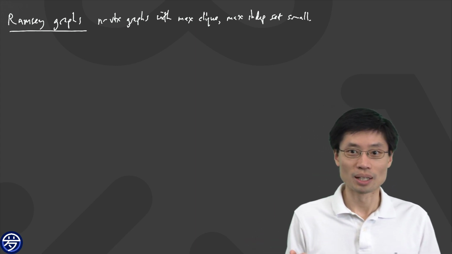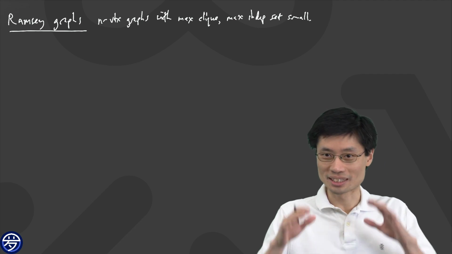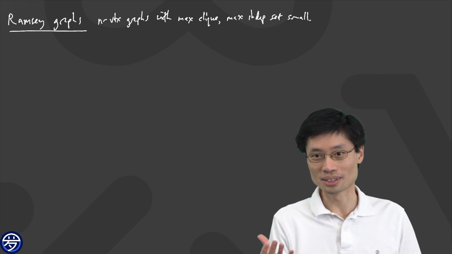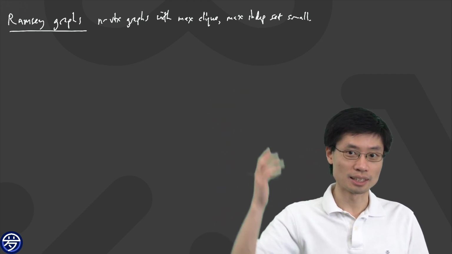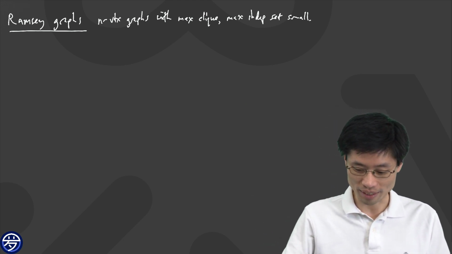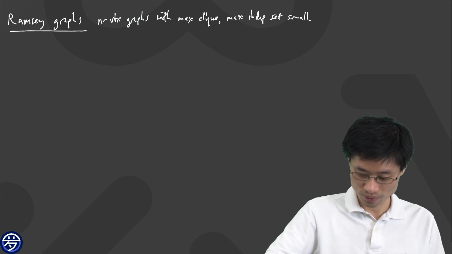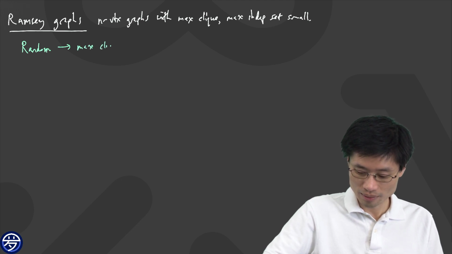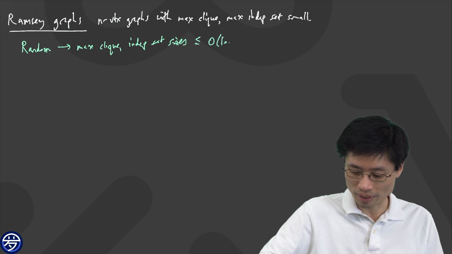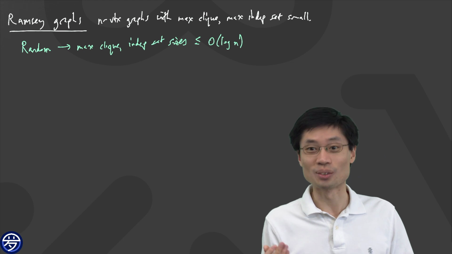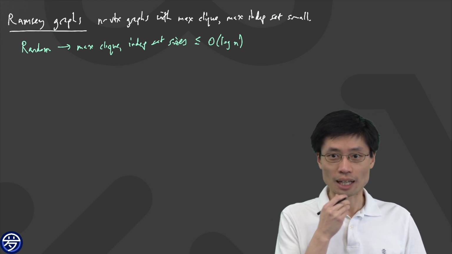So now what would that mean? Well, we already know that if we use a random construction and we take our n vertices and every single edge appears independently with probability 1/2, then it will work well. You'll be able to get such that all of these cliques and independent sets are of size at most log base 2 of n. So the random construction gives max clique and independent set sizes of at most order of log base 2 of n. Well, it's log n is all I need to say because it's order of magnitude, so it doesn't matter what the base is.